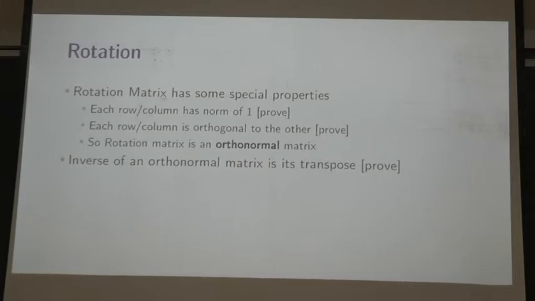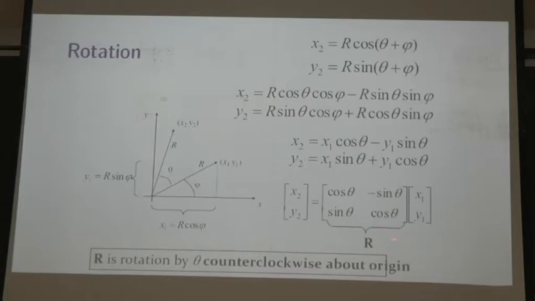And then there is an additional property which holds true for any orthonormal matrix, and that is that the inverse of an orthonormal matrix is its transpose. Now, this is actually quite easy to show for this case, even though it holds for any arbitrary orthonormal matrix in any dimensions, not just 2 dimensions. But here it's actually quite easy to see. What would be the inverse of this matrix? Well, if I rotate it by 45 degrees, the inverse of that would be a rotation by minus 45 degrees.